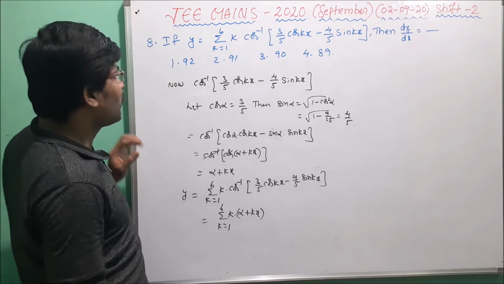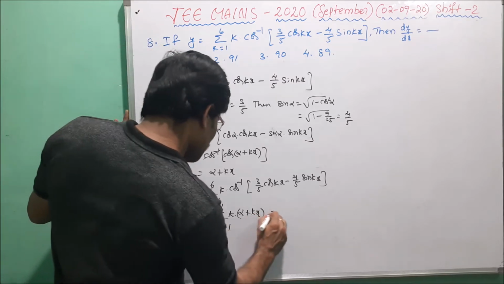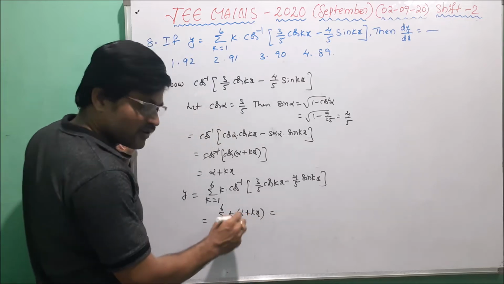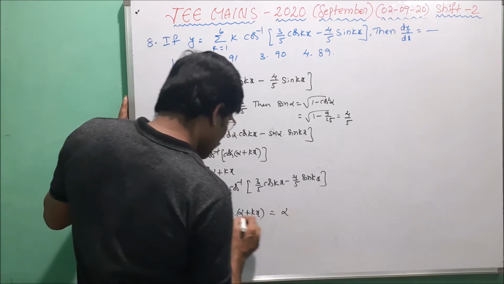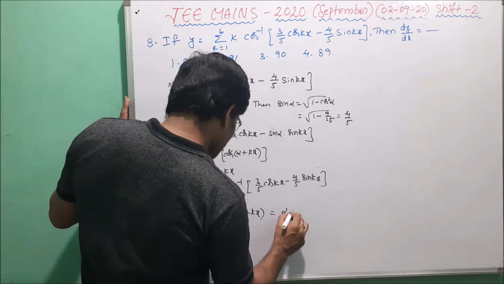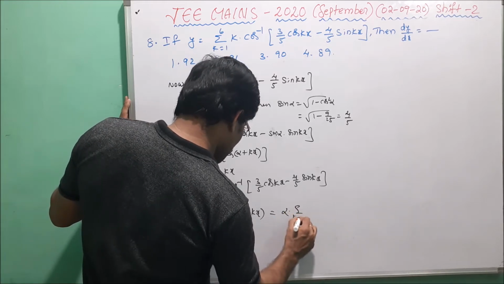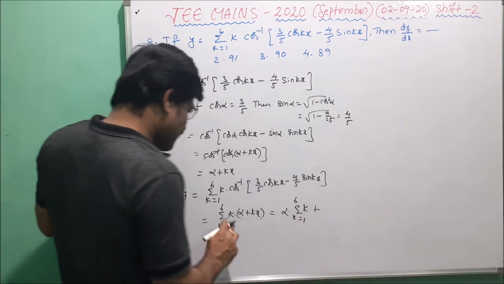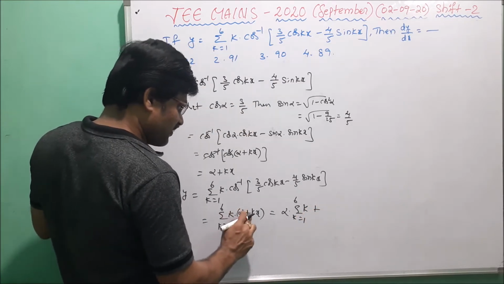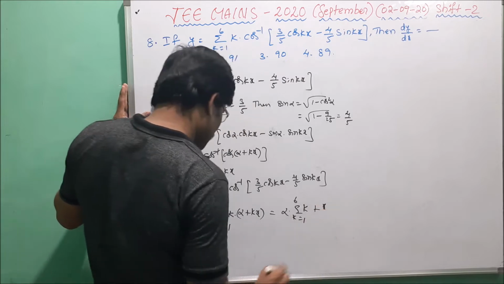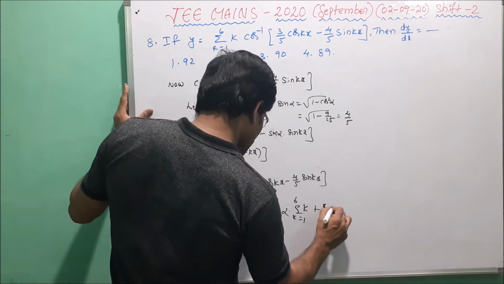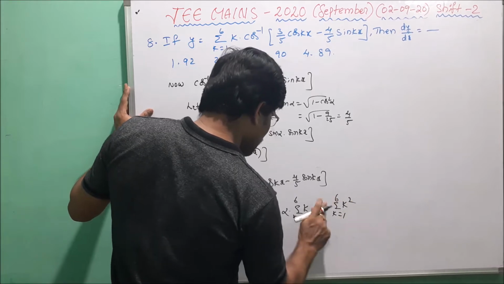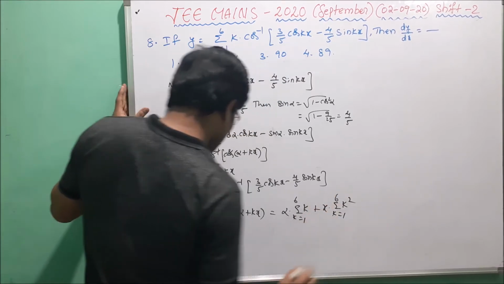Alpha plus kx. In this we have to observe the separate expansion. Here alpha is a constant. Now we take alpha outside: alpha into summation k equals 1 to 6 of k, plus here multiply with k, 2kx, that is k square, here x is a constant, into summation k equals 1 to 6 of k square. Here x is the variable.